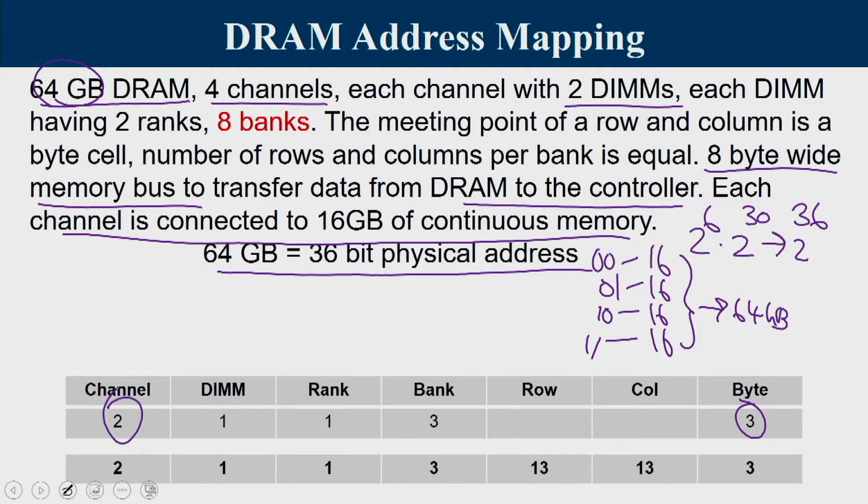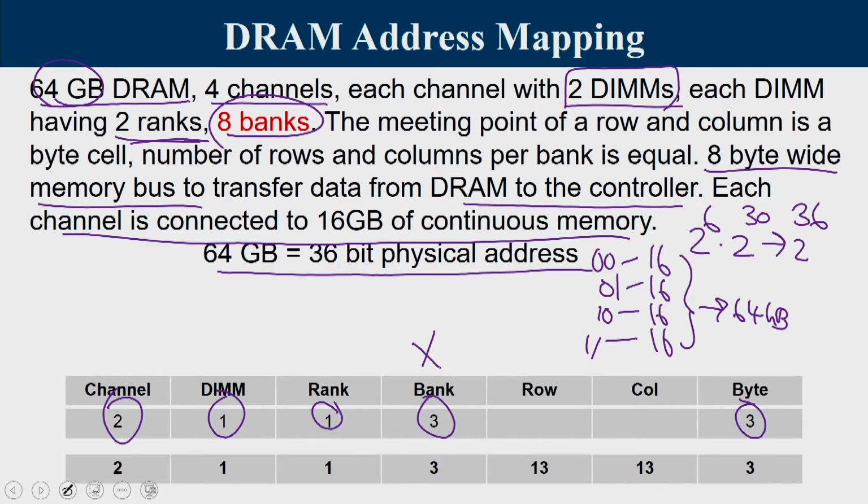Now, let us say we have 2 DIMMs. So, 1 bit is there for the DIMM, and generally it will be the most significant bit immediately before the rank. And we know that DIMMs are further divided into ranks. So, we have 1 bit for rank, as we have a total of 2 ranks. So, 1 bit for DIMM and 1 bit for rank. And then we have 8 banks, so somewhere we have 3 bits inside the address. The location of the bank bits is still not certain for you, but there are 3 bits reserved for the bank.